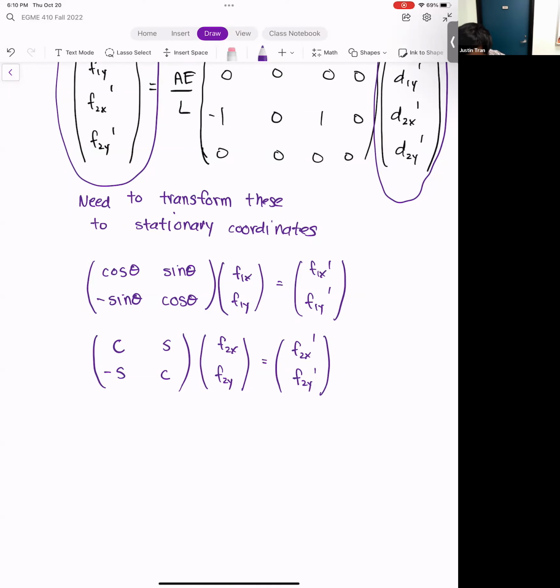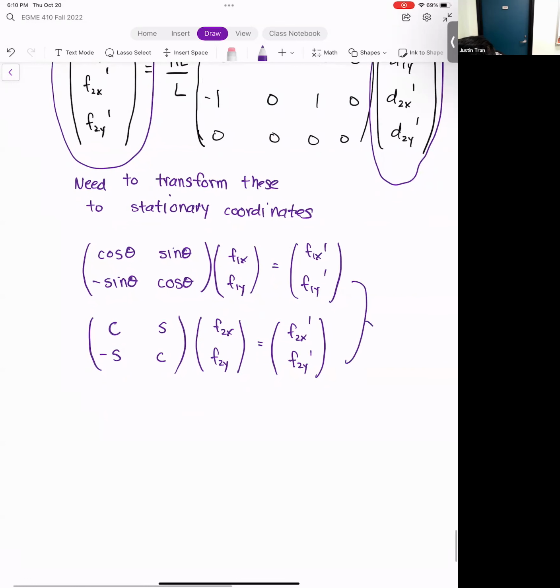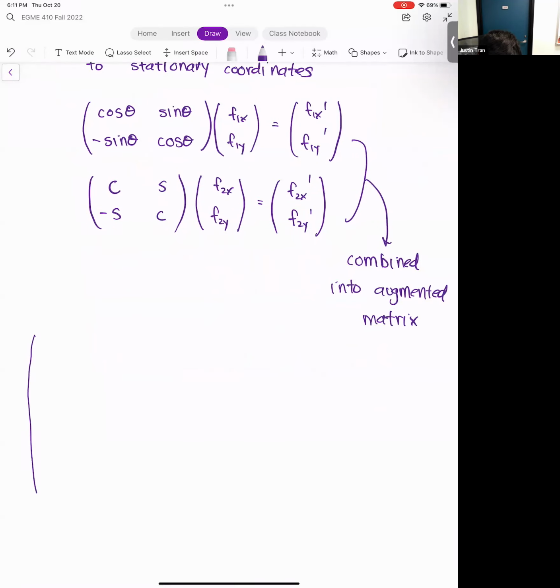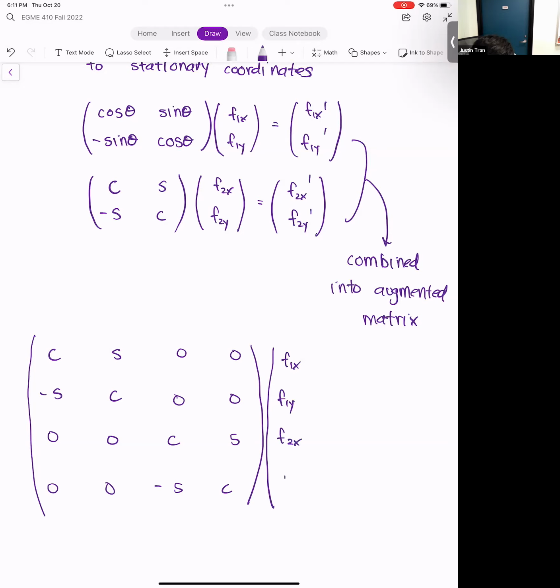We know that we can use this transformation matrix for each node individually, but what I'm going to do is combine these into a single augmented matrix. If we combine these two into a 4x4 matrix, we're going to have C S minus S C 0 0, 0 0 0 0 0 0 and C S minus S C. Then we multiply this by F1x, F1y, F2x, F2y